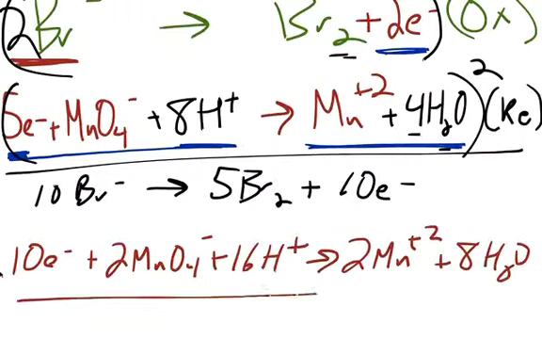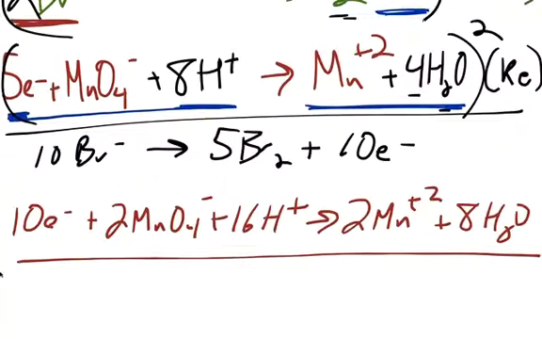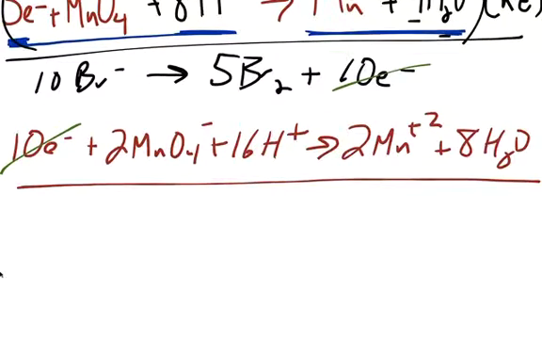Okay, so notice I multiplied everything in the top by 5, everything in the bottom by 2. Every piece. Now the good thing that I see coming out is there's 10 electrons here and 10 electrons here. That makes that easy. We know they cancel. And now we're going to add everything on the left side of the arrow on the left side, keep everything on the right side of the arrow on the right side,